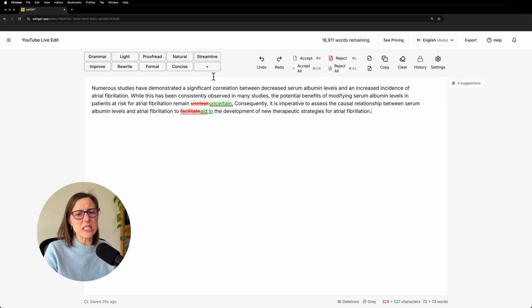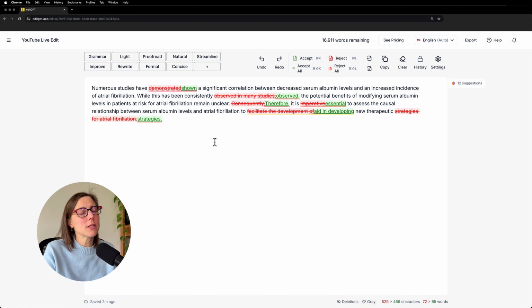Like, oh, that's an interesting suggestion. And then I decide whether or not I want to take it. So back to the therefore versus consequently. Therefore is fewer syllables, so I like that. I think I would use therefore instead of consequently, although I might use the word thus instead because it's a shorter word, has a similar meaning, so you can buy yourself a few characters and a little bit of readability.